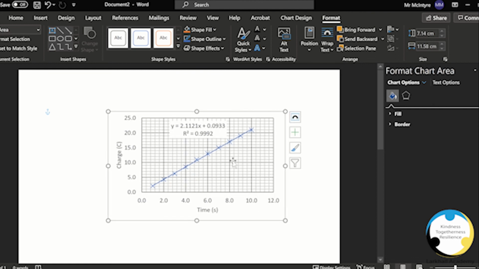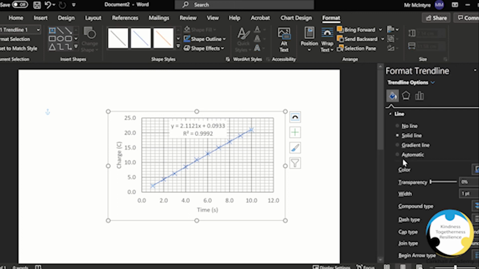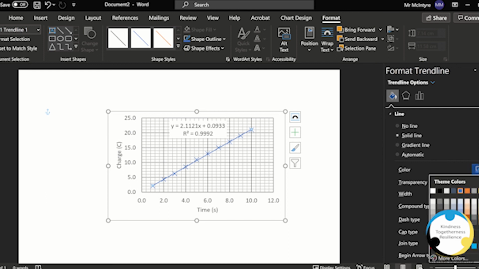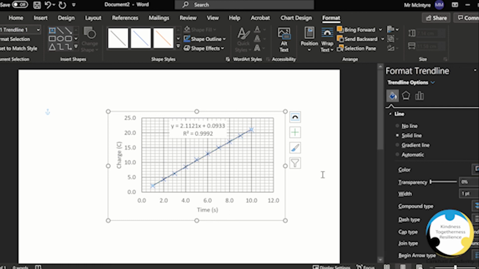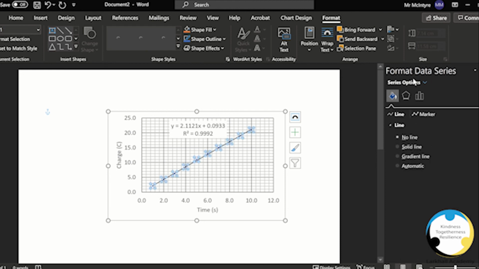One last thing that I would tend to do at this point, just before it comes to printing, because quite often printing ends up being in black and white. If I click my trend line here, again it brings up the trend line options. I can do this in Excel or I can do it in Word. I'm just going to change the trend line to black, and I'm going to click on any of the data points and make sure that it says format data series, and this time I'm going to go to the